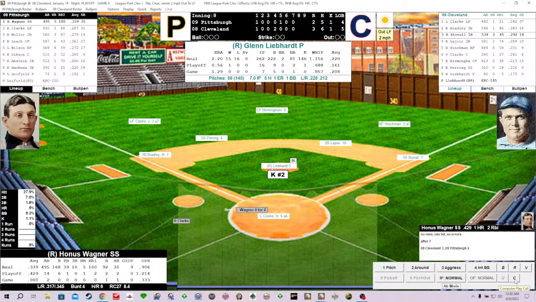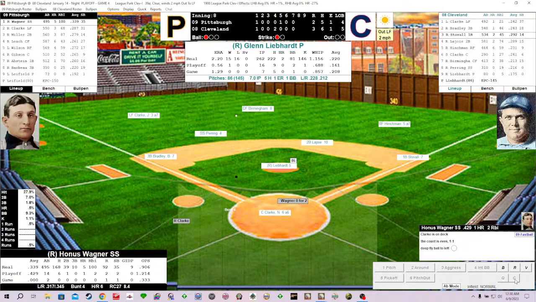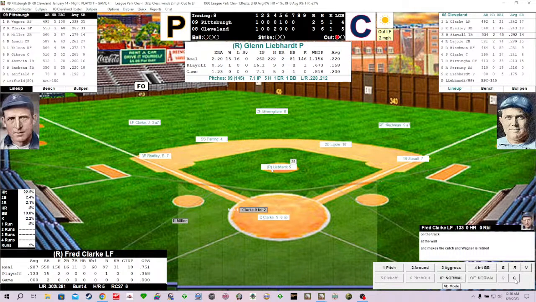All right, I'm going to try to remember for Clinton for the rest of this game. Jay Clark sets the sign. And Glenn Liebhart with the 1-1 to Wagner. Fastball. This one sent deep to left. Back on it, Josh Clark. And short of the fence makes the catch. So, big loud out there by the Flying Dutchman. One away here in the top of the 8th for left fielder Fred Clark.